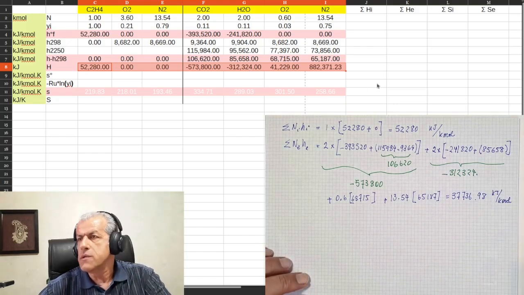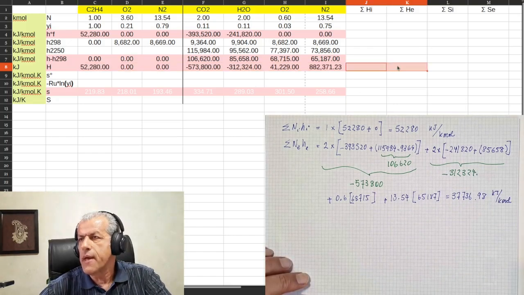We could also add the outcome here, and see, this is exactly what we have calculated. This term is the sum of these three, and this term is the sum of this lot. And therefore, HE is 37,476, HI is